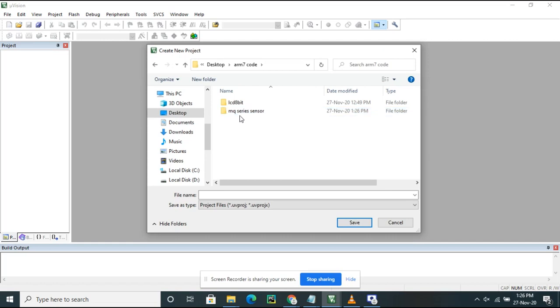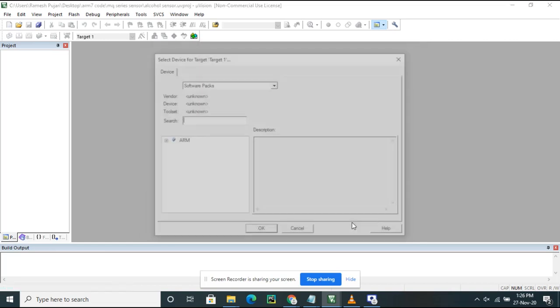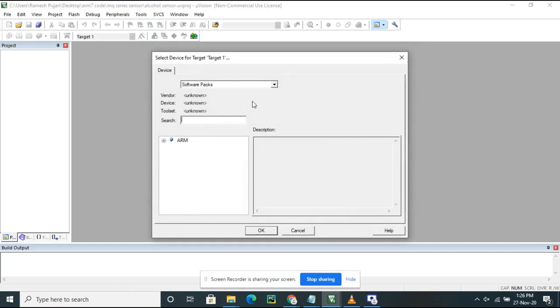In that folder we have to create one file. You can give any name, but I'm giving alcohol, and then we save it. After doing this, a pop-up will come.